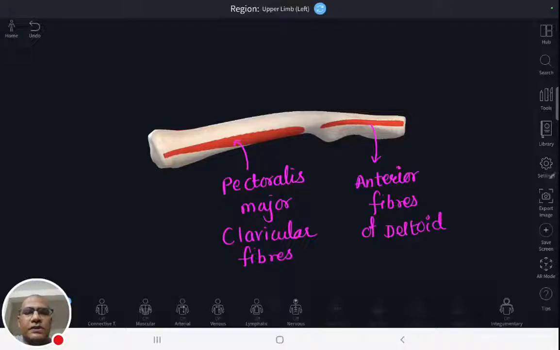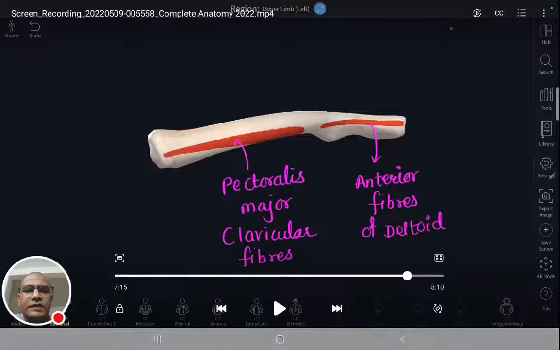Now let us see the important attachments. On the anterior surface, medial two-third, there is the origin of the clavicular fibers of pectoralis major. So we know the color coding. The red or pink is for denoting origins and blue is to show the insertions. So here it is shown by red color, the clavicular fibers of the pectoralis major, they arise from